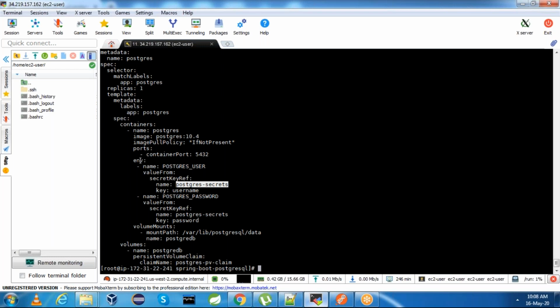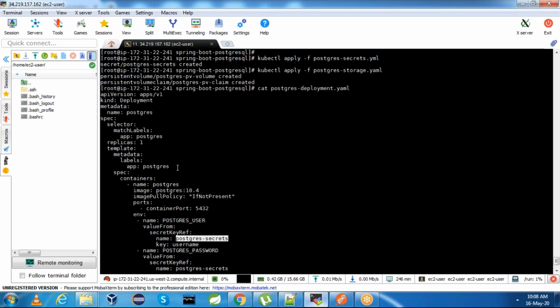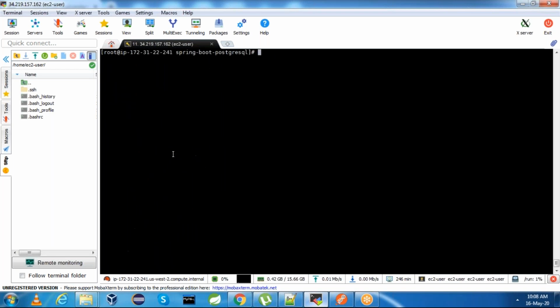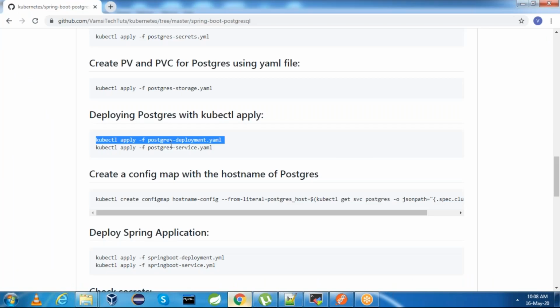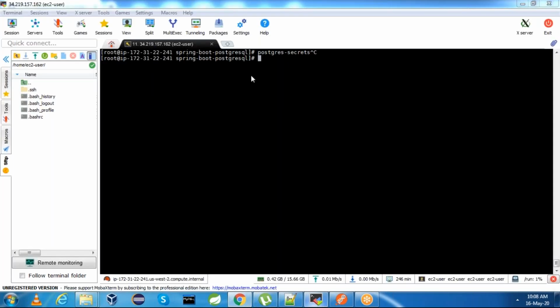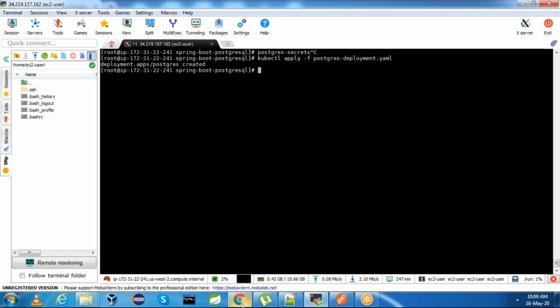We are referring from the environment variable, which is taking a secret key reference, and this we will get from the Postgres secrets which we defined some time back. Let us execute the deployment.